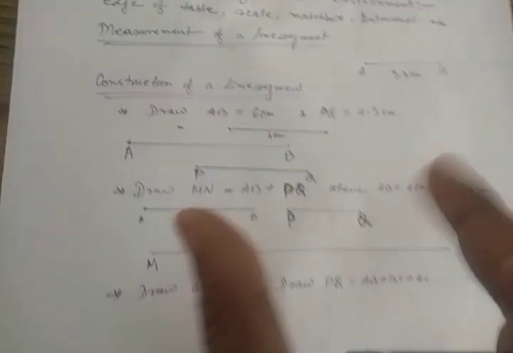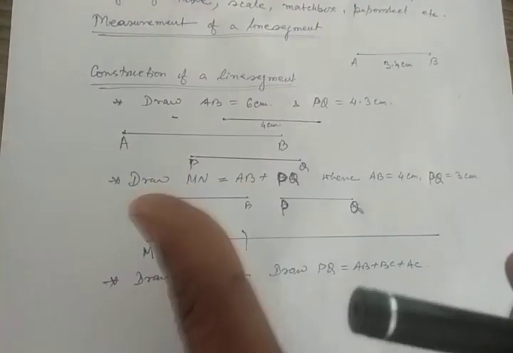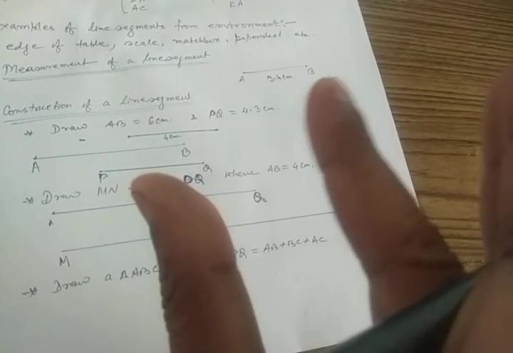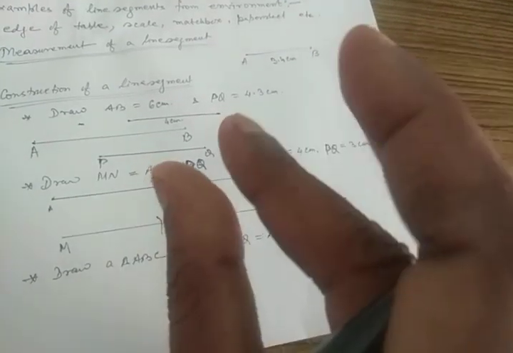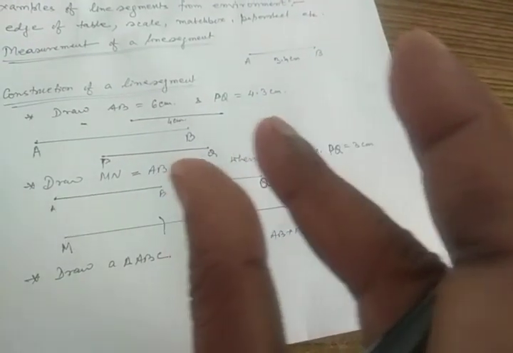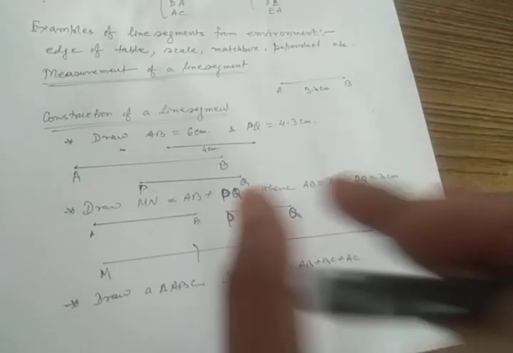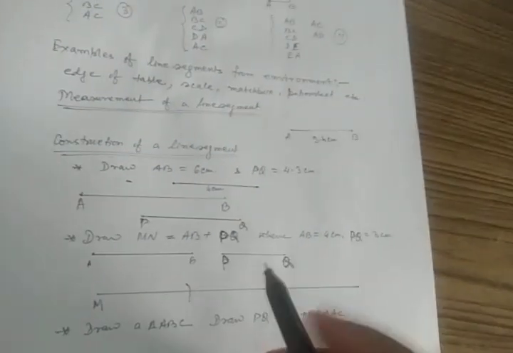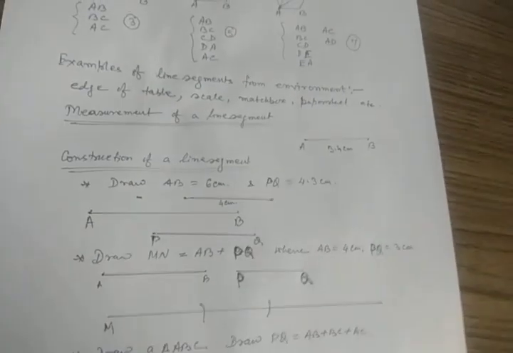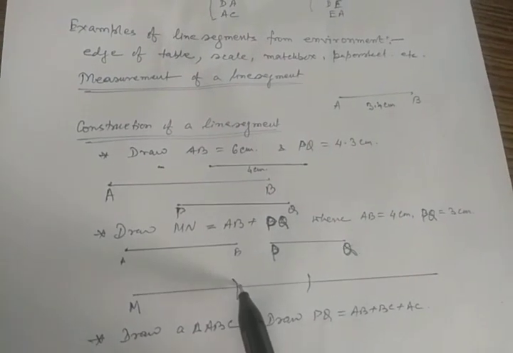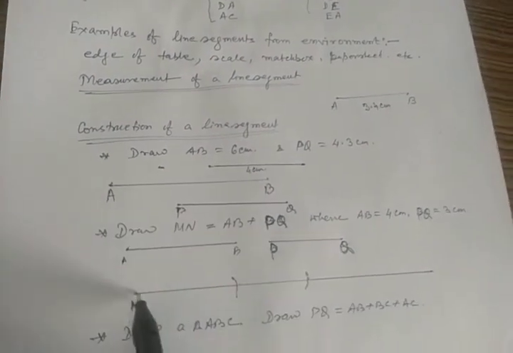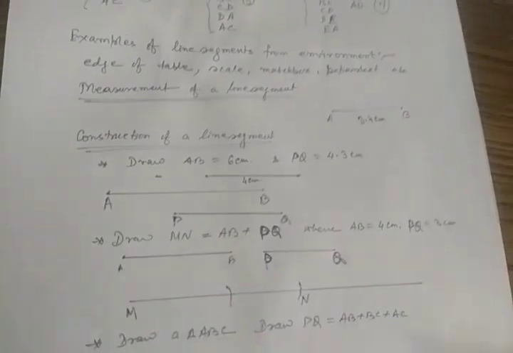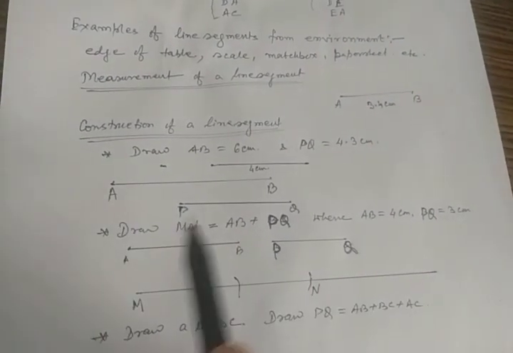Now once again measure with this compass. Just see, this is the compass. You can increase or decrease the length so that you can measure this AB. This is PQ. Now from this point, just see, you can cut it down so that this is Q. So this represents your AB and this represents your PQ, and so the total MN. Is it clear? Total MN represents AB plus PQ.